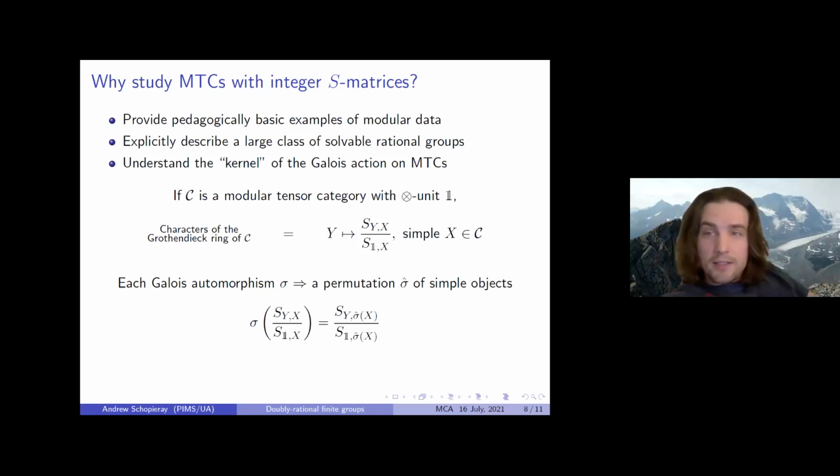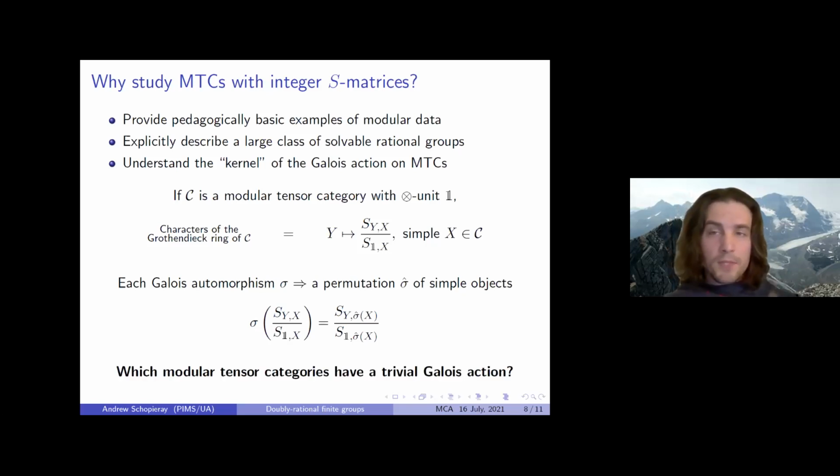And so clearly, if all of the entries of our S matrix are integers, then modular tensor categories with integer S matrices are precisely those modular tensor categories for which this Galois action is trivial. So every Galois automorphism does nothing to your category. You can think about that as giving you no information about the category, but by giving us no information, that's actually giving us quite a lot of information about the category. Okay. So the conundrum about this is that